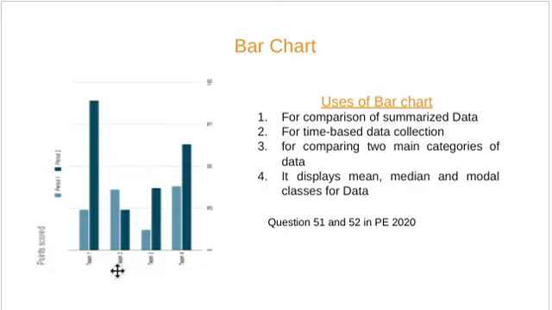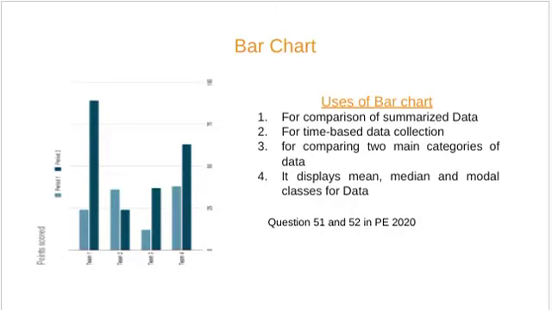Vertical means which is from bottom to top like this, and there might be some bar charts which would include from left to right. Usually bar charts are used for comparison of summarized data, for time-based data collection. Number 3, for comparing two main categories of data, and number 4, it displays mean, median and mode classes for data. So a bar graph was asked in question number 51 and 52 in PE